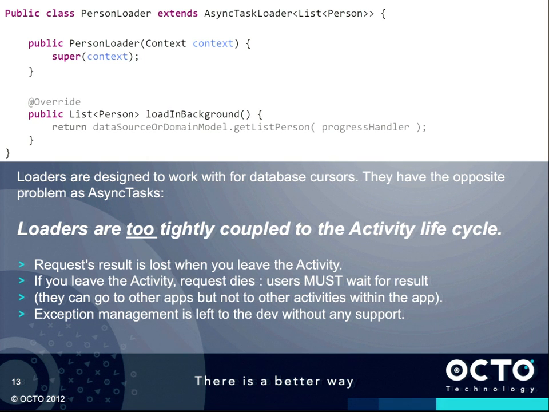So that's one problem with loaders. The other problem is that, like async tasks, they don't really have any built-in method for exception handling. So if something goes wrong in loading it, it's sort of up to the application developer to figure out how to report that error correctly. So again, maintainability issue, and not really well suited to the task of networking,